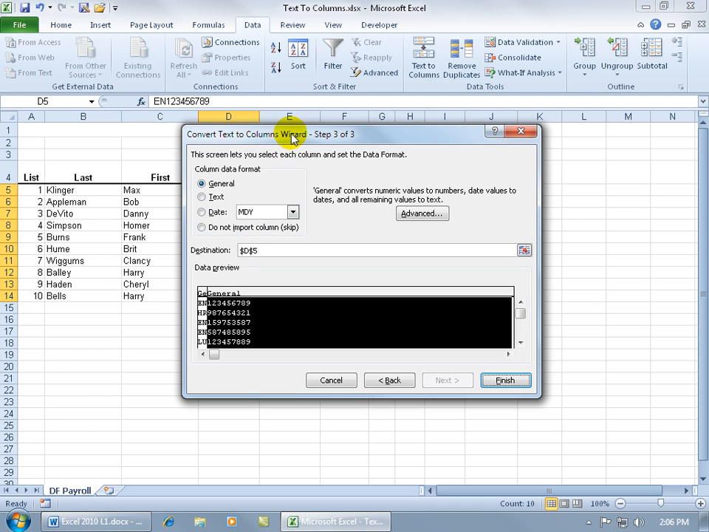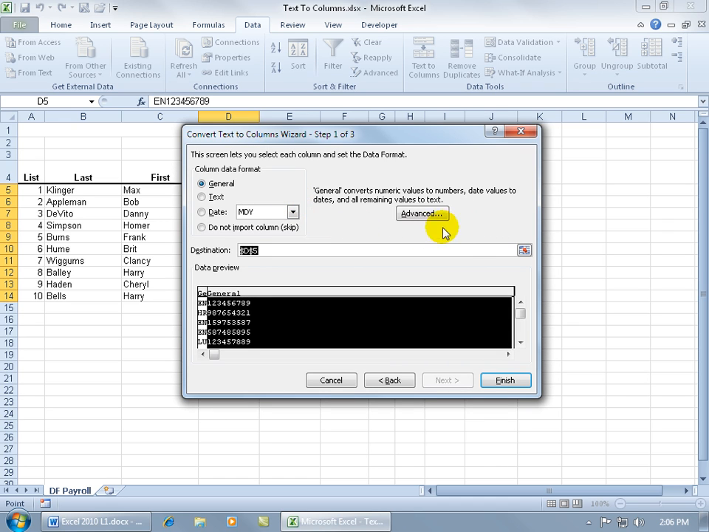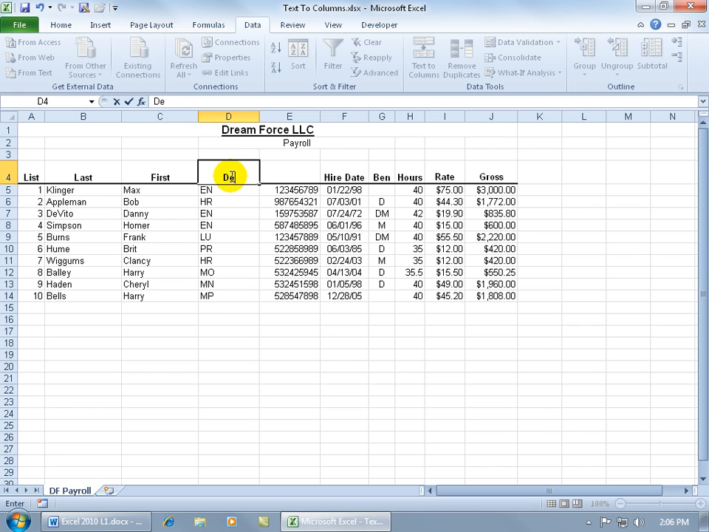The destination cell, if I click on the Collapse dialog box button, it's going to dump everything here, and the first column is just going to be the department. So it's going to take EN, HR, leave them here, and then take everything else and dump it to the adjacent column. Hit the Enter key on the keyboard to pop back open the window, click Finish. Looks good. Let me come up here, and this is Department, and hit the Tab key, and this is Social